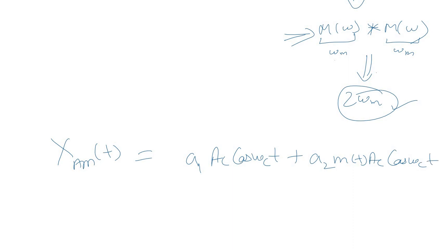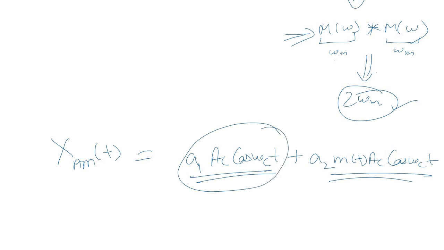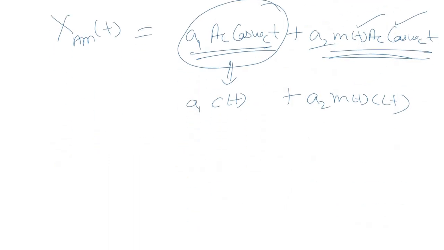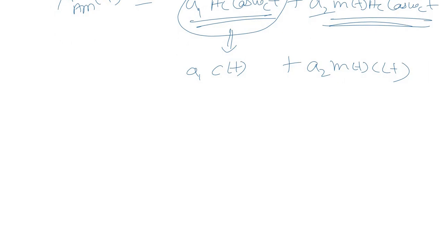So clearly now, if you analyze this output, what is this term? This term is nothing but some scaled version of the carrier signal c(t), plus what is this term? It is multiplication of message and the carrier with some scaling factor. So A2 into m(t) into c(t). So clearly it is nothing but a combination of your carrier plus multiplication of message and the carrier signal that will result in double sideband, and this is your carrier signal.